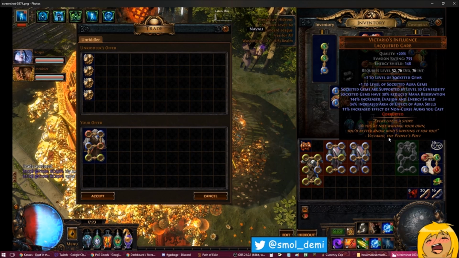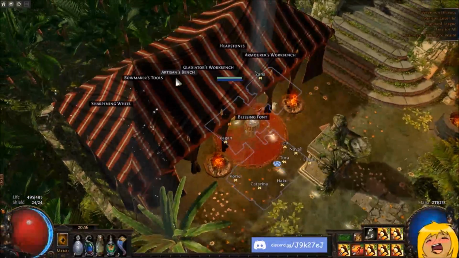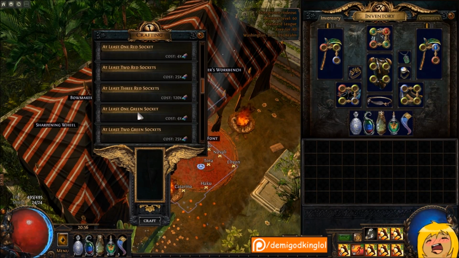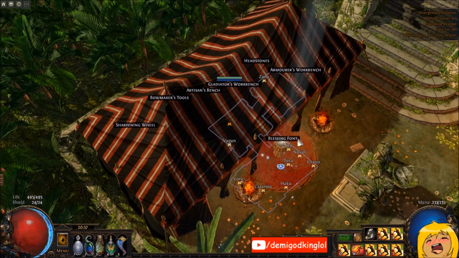At that point, because it's corrupted without links or sockets, you take it to Vorici 8. And Vorici allows you, if you have level 8 Vorici, you can still socket and link corrupted items. It just adds a vaal orb to the cost. So instead of it costing you 1500 fusings, it costs you 1500 fusings plus 1500 vaal orbs, which sounds like